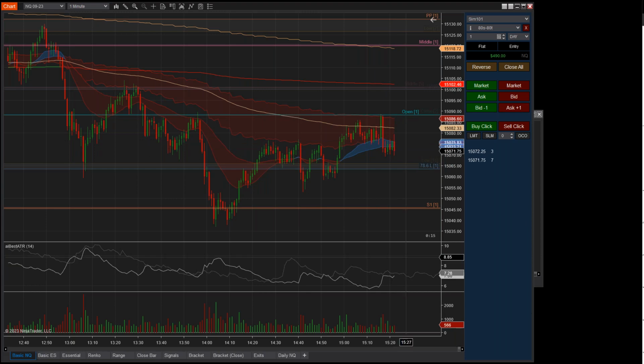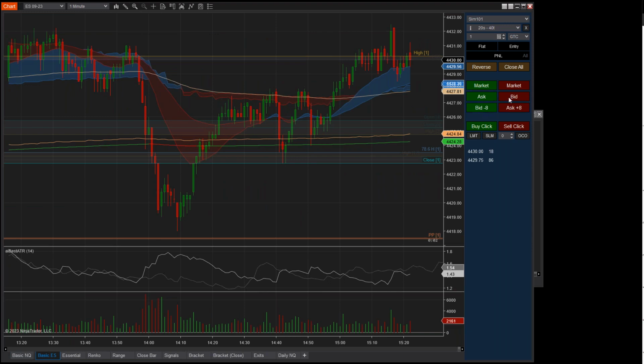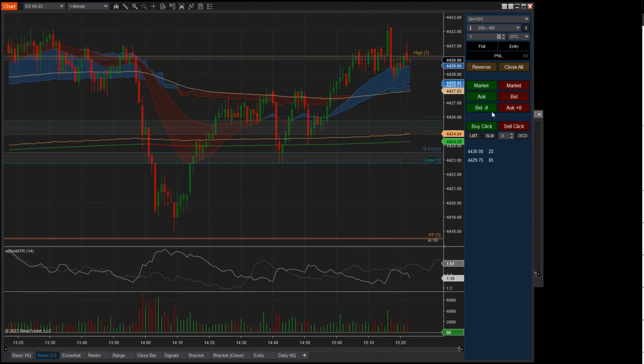So continuing on, the basic tools, also buy and sell click, attaching orders to plots. So I'll just move on to some more advanced stuff now. These limit buttons, just like in Ninja, except you can really configure these. So I've got this configured now to buy 8 ticks below the bid. So if I click this, immediately I get an order 8 ticks below the bid. That's a lot for ES, but just an example. Or I'm sell limit at the ask +8. So these buttons are way more configurable than the ones that come with Ninja. So that's the basic chart trader tools with some entry examples.